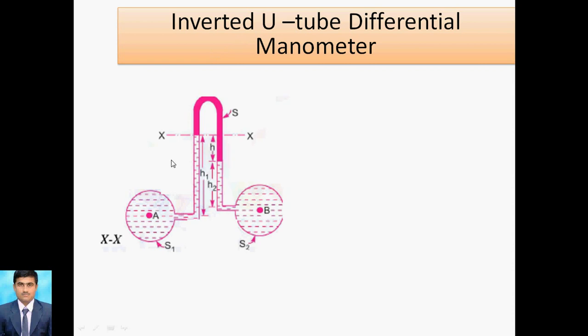So this is the height xs, the datum surface, and from that h1. So this is h1 height, and this is h, this is h2. Okay. So there are three liquids available with us: A, B, and this manometric liquid. The inverted U-tube manometer gives only the difference between the pressure points, meaning PA minus PB. Okay, so now we construct the relations for that.